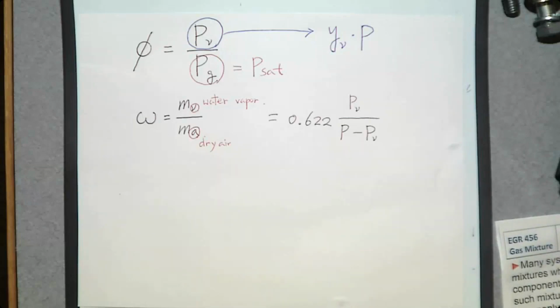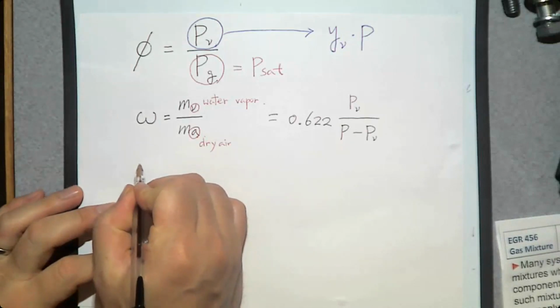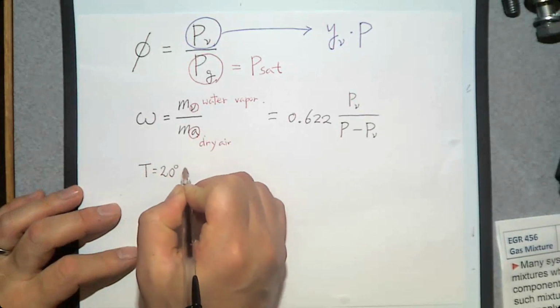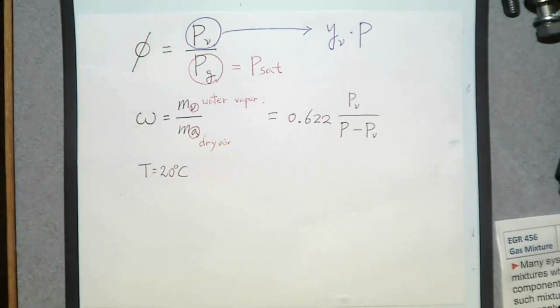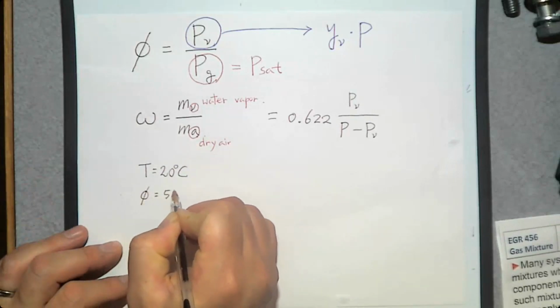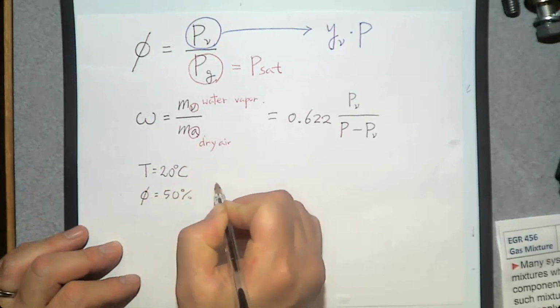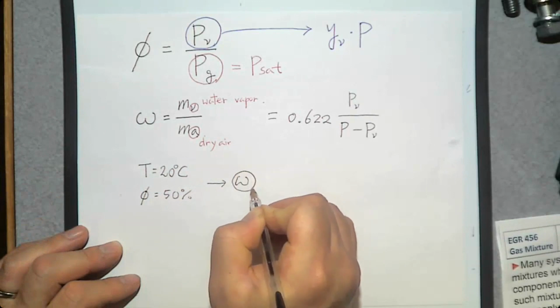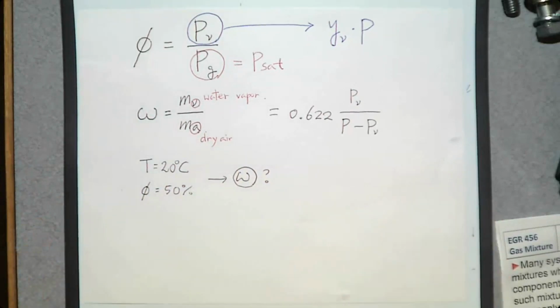So let's say the temperature of this classroom, T, is 20 degrees Celsius. And let's pick any relative humidity. 50%? Sounds right, okay. So relative humidity is 50%. Then please determine humidity ratio. So if this is the problem,